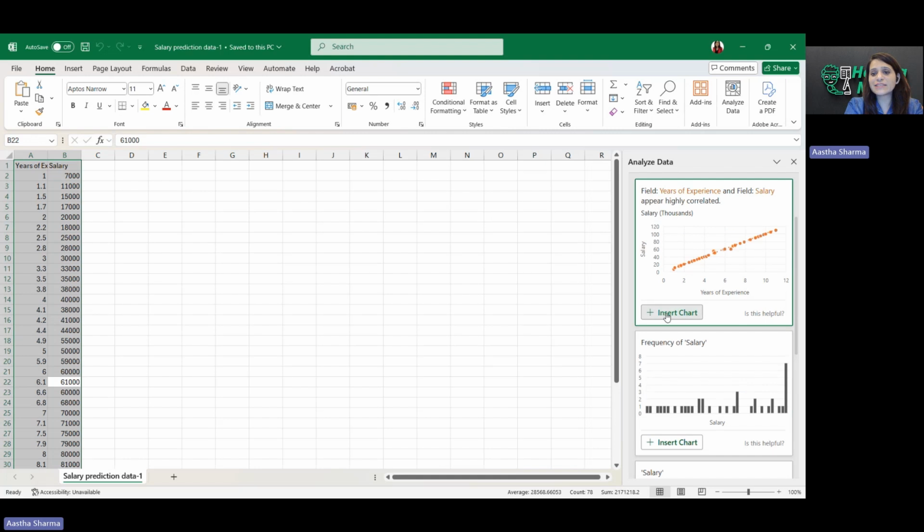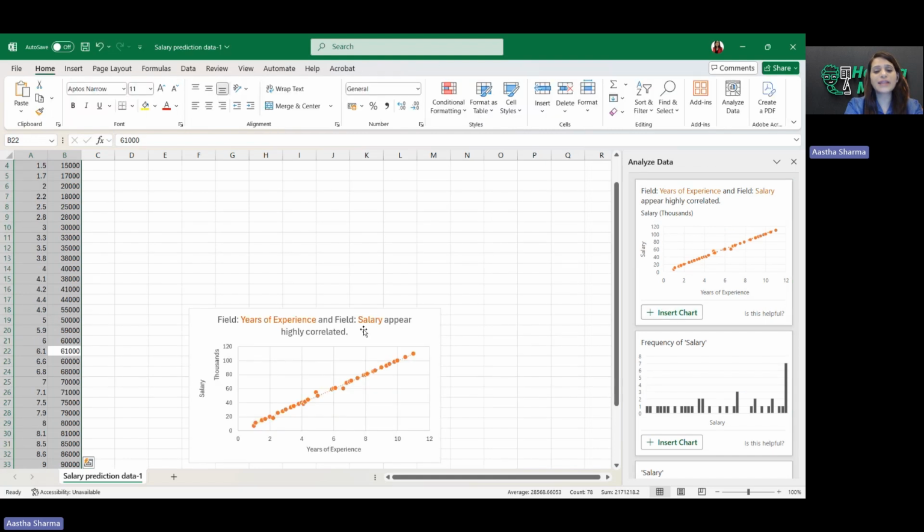So exactly this you will be getting. So I'm going to do that. Now, why am I showing this in front of you? Because the data is very small. If you get any small data and you are asked to create a machine learning or prediction model on it, the first thing you can do is see the pattern